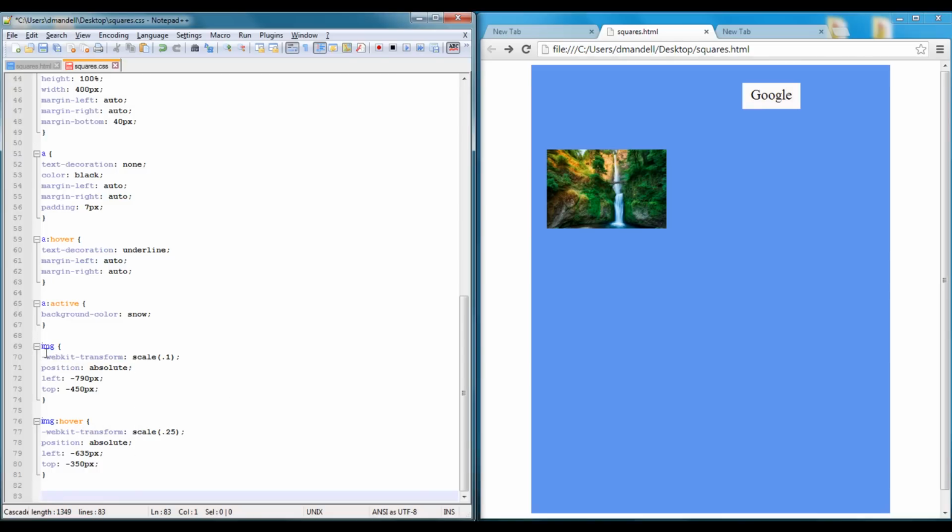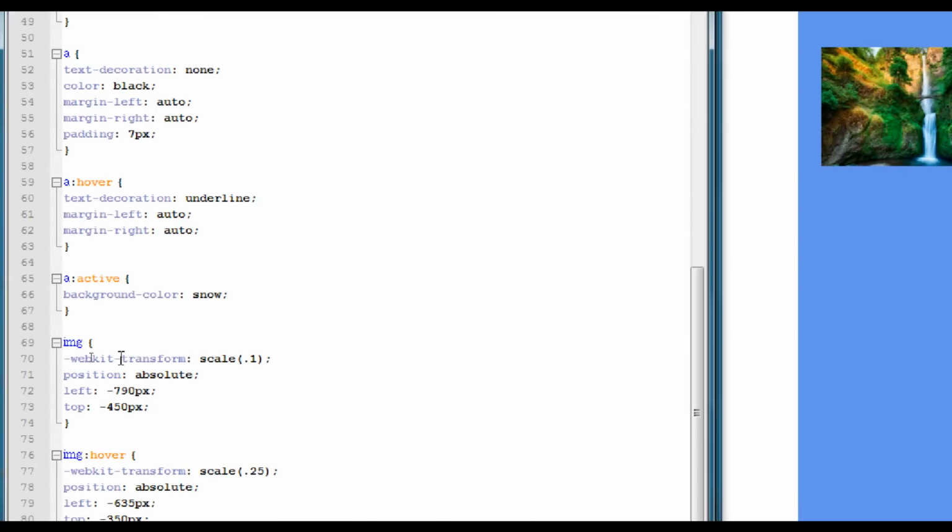the scale changes. So what I've got here is a WebKit transform property. What that does is it changes the scale of the image. What transforms can do is they can do cool stuff like change the scale of an element, or they can rotate it. There are a few different transforms that you can use. There's one called skew, I think. You can take a look at the W3 Schools webpage for transforms to see a whole list of them. I'm going to give you the basic idea on how to use them, and then you can experiment with it